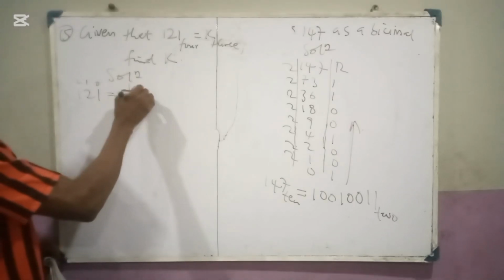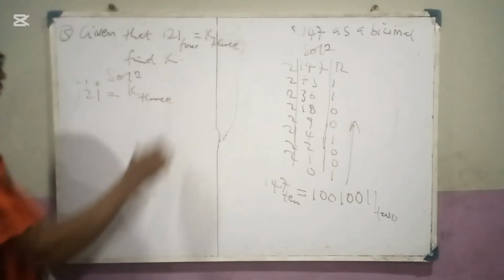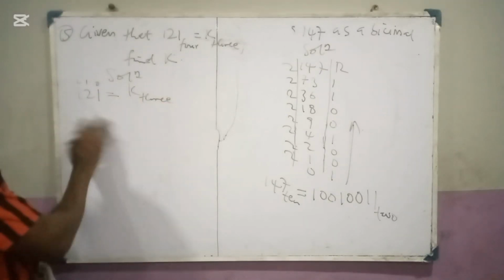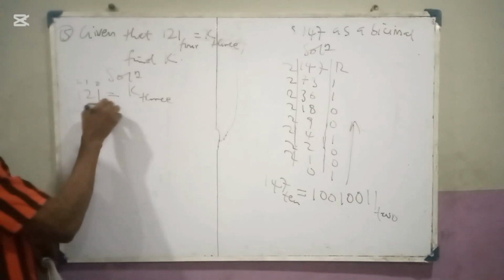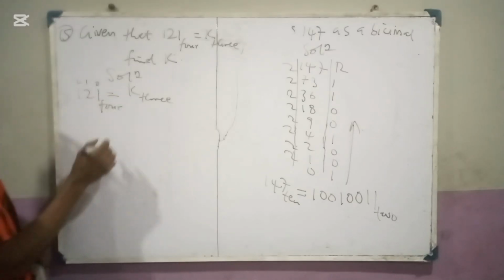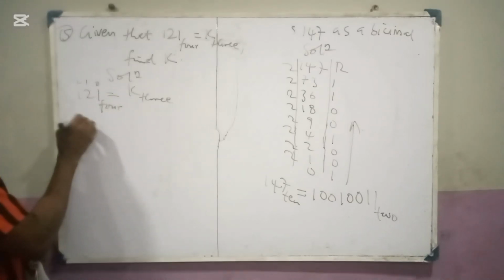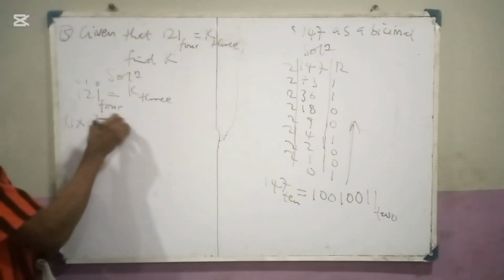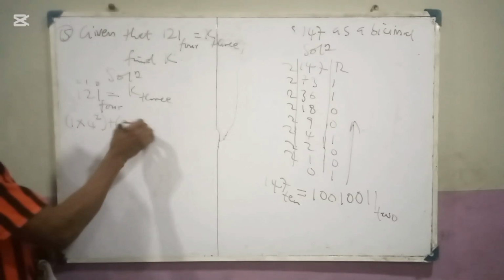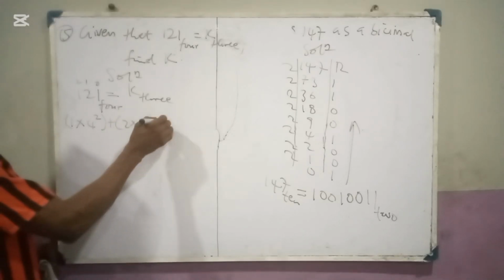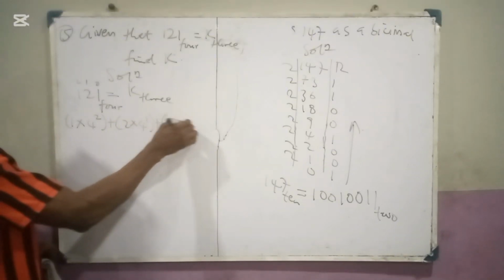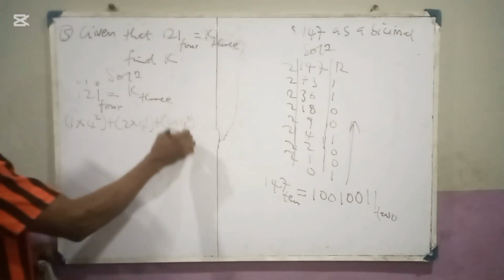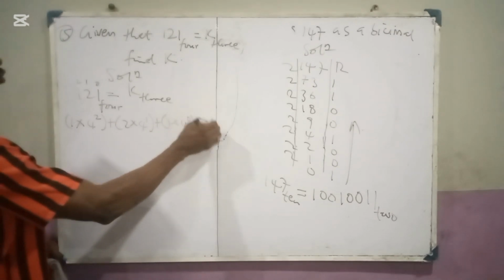Okay, all right, in base 3. Yeah, leave k there, convert this. We have 1 times 4 to the power 2 plus 2 times 4 to the power 1 plus 1 times 4 to the power 0, is equal to k